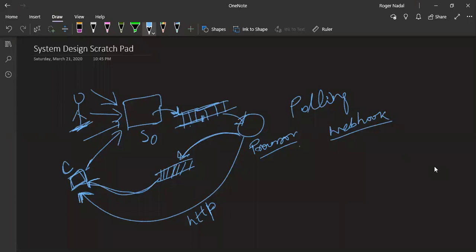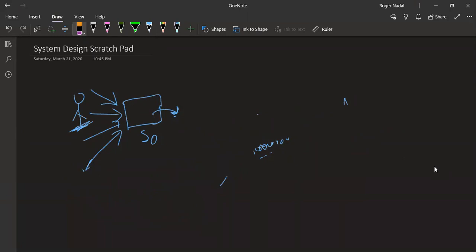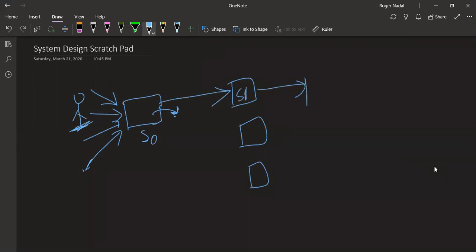Okay, so we'll go to the next question. Now my system has been calling a lot of services. It could be my own services, or some of my partner services. So here is one service, here is one service, here is one service. Suppose the request comes from the client, it goes to this service S1, and this goes to another service, let's call it SX.